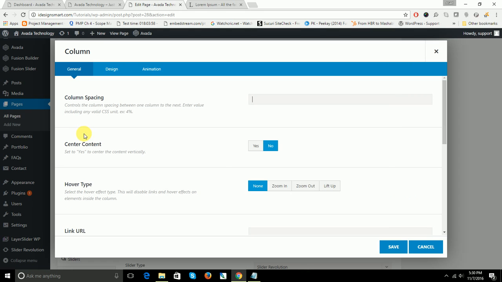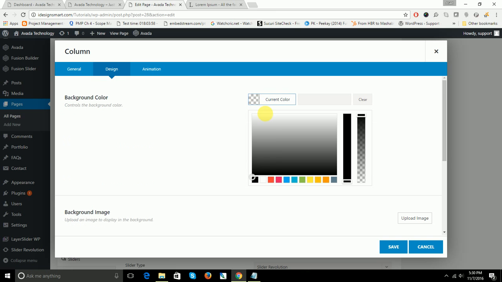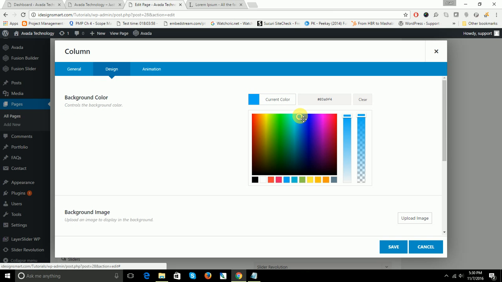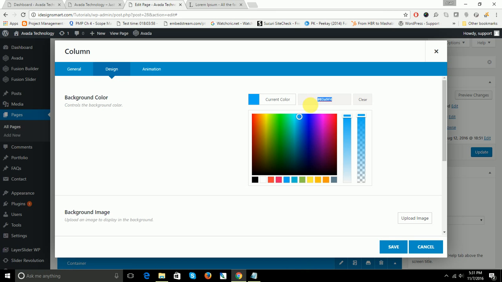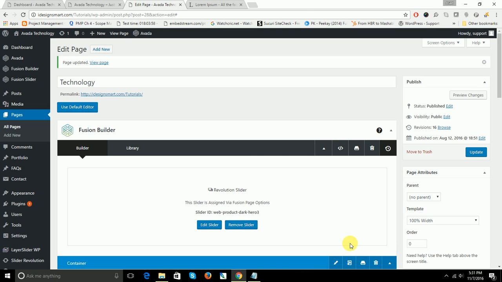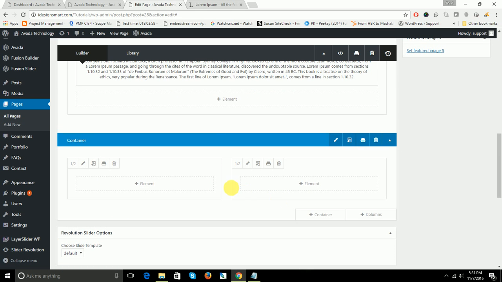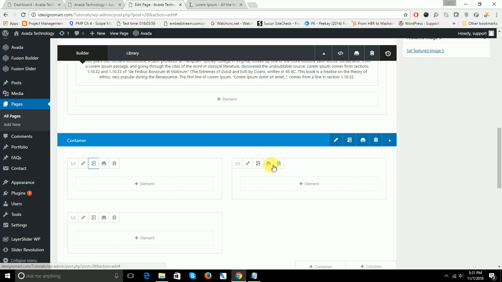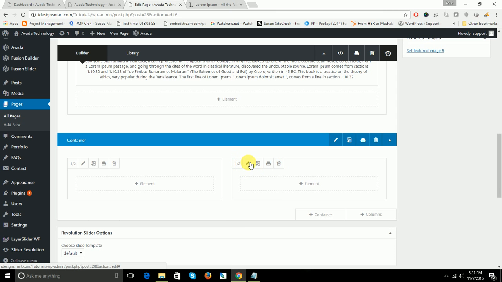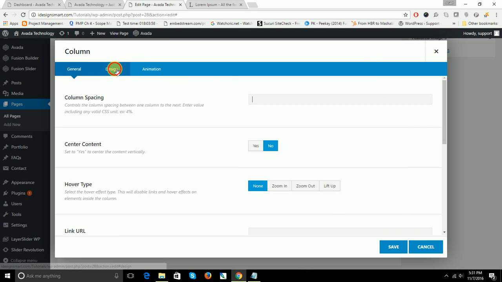So I will go to column properties, column spacing, you can make it 0px for the time being. And the center content, I can say yes. For the background you will need a design, so you can pick and choose any color that you want. Maybe that's a good color, so I will just leave it at that and say save. Then I will do the same thing for my other column as well. So I will basically duplicate it, delete the first column, and then I will go in and change the color. So design,